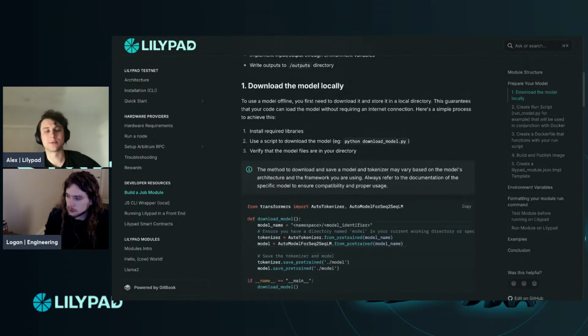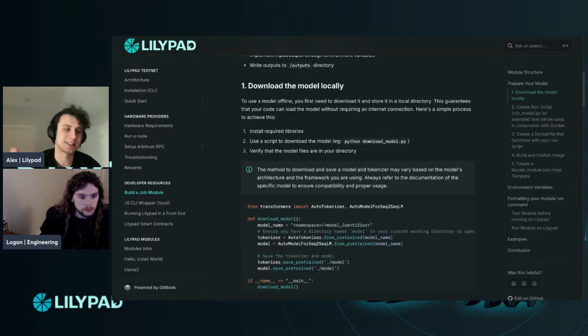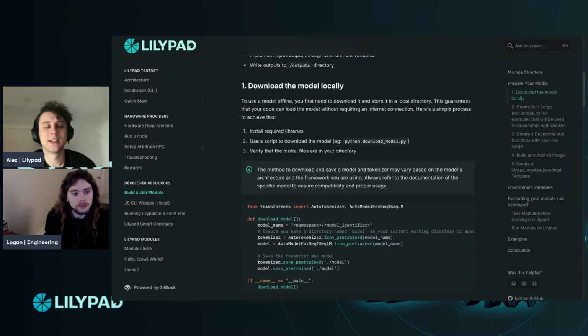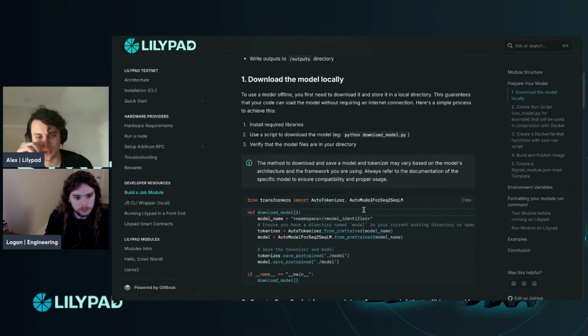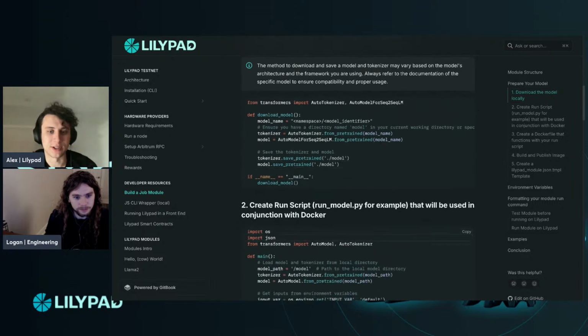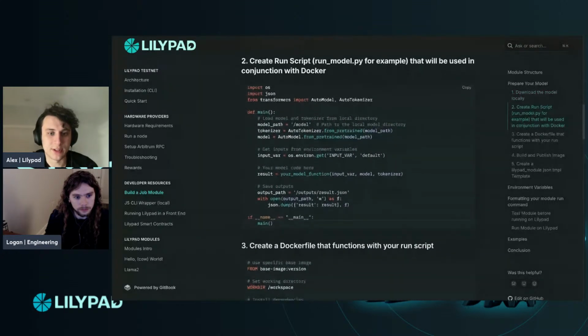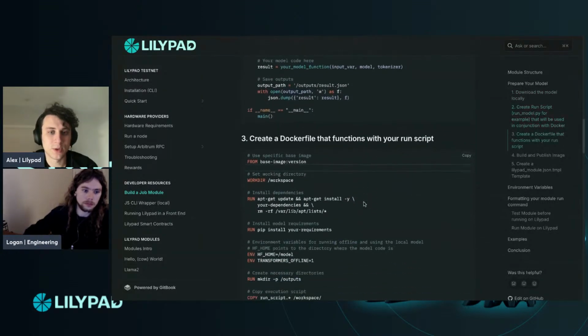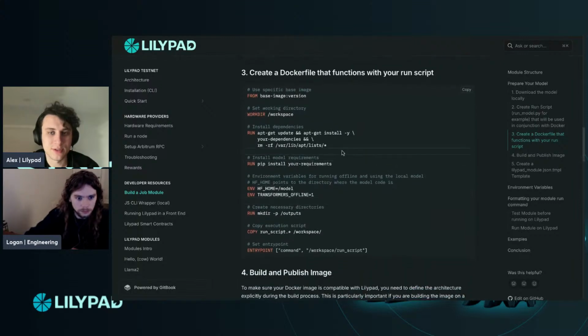So Logan mentioned this with the configuration file. Each model is going to be different in how you configure this thing, and so we're going to try to give best practices for a text-to-text model, a text-to-image model, eventually text-to-video, that kind of stuff. That way people have a good foundation for what that looks like, because it is different depending on the model. But anyway, so create the Docker file that runs your script,